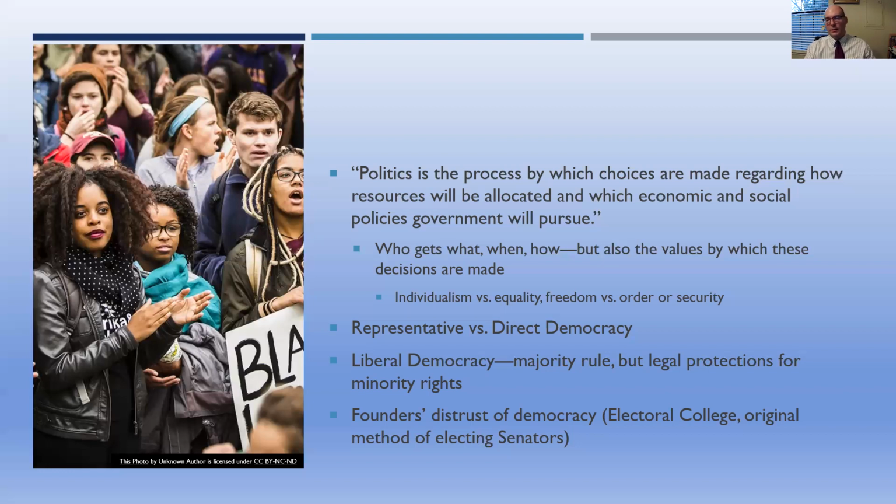Originally, senators were elected by state legislatures as well. That doesn't change until the early 20th century. So there are different aspects where the founders were distrustful of democracy. They put certain things in the Constitution which were meant to limit the democracy and limit the ability of the people to act, because they didn't necessarily think that they had the moral or the intellectual ability always to make the right decision, okay? And we'll see this, for instance, very clearly in Federalist number 10, where there's some real concern about what democracy would look like. And we'll see this also as this plays out